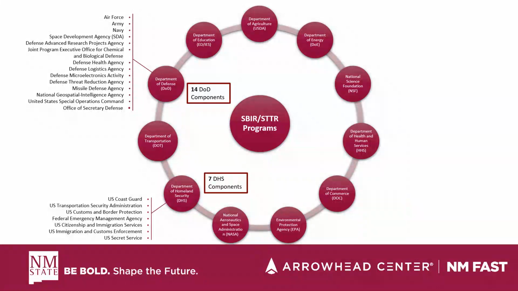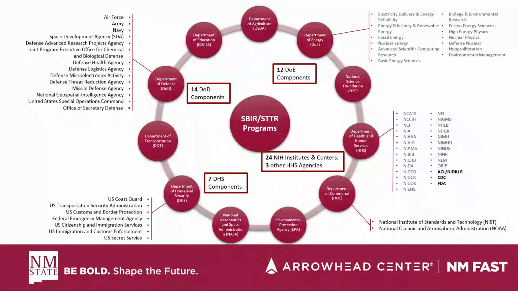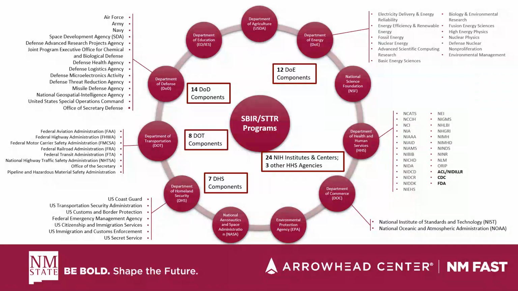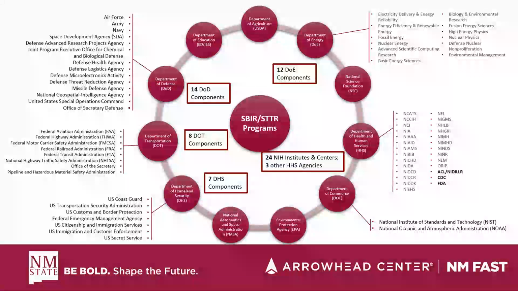Under DHS, there are 24 institutes and centers under NIH and 3 other HHS agencies. The actual agency is HHS, but NIH is the biggest portion of that program. Under DOC, there are 2, NIST and NOAA, which I mentioned in the last slide. There are 12 different DOE components, 8 different DOT components, and that's it. So you can kind of see how it can be really, really confusing to put together